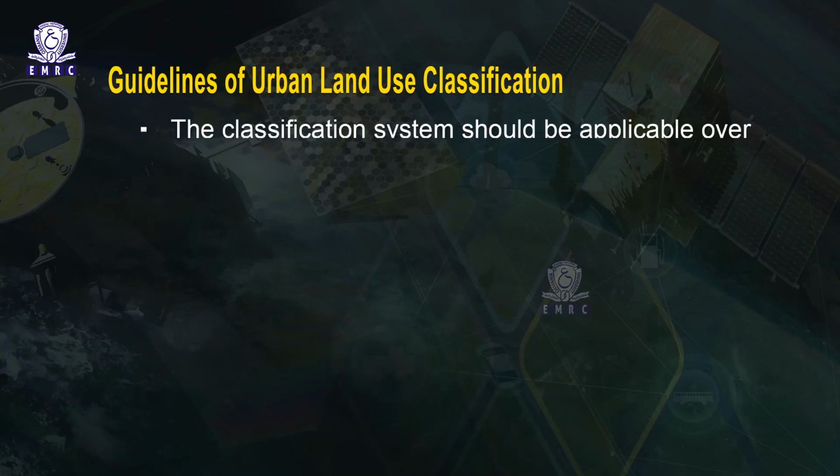Classification is therefore an activity of subdividing a group of objects into two or more groups, that is, to arrange the objects into classes according to some system or principle. This can be based on activity, economic function, physical appearance or simple land cover. There are some guidelines of classification.